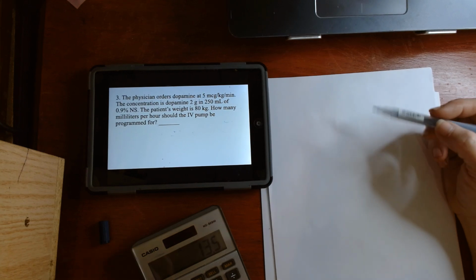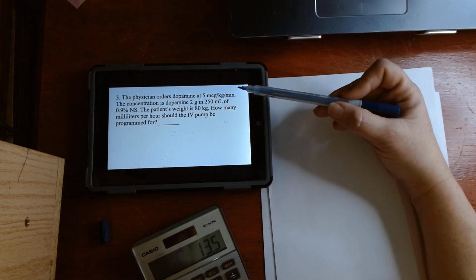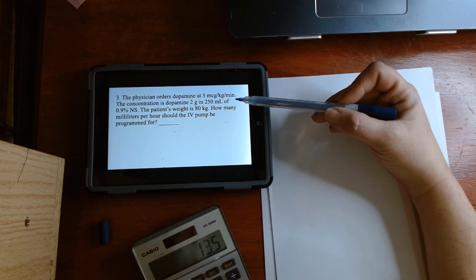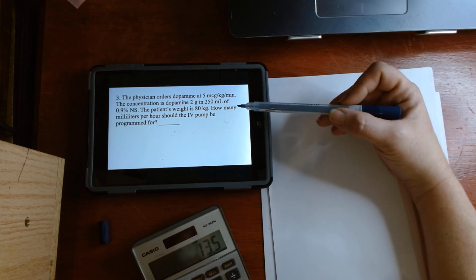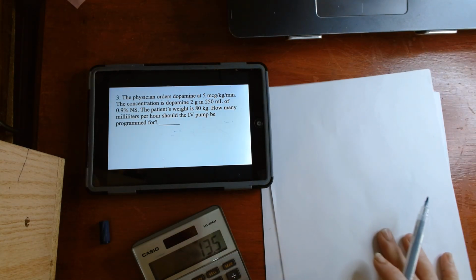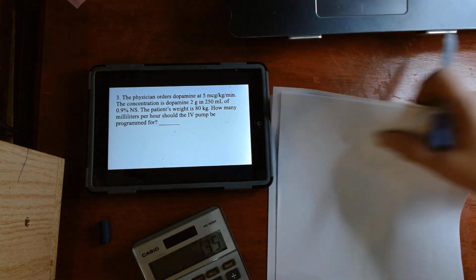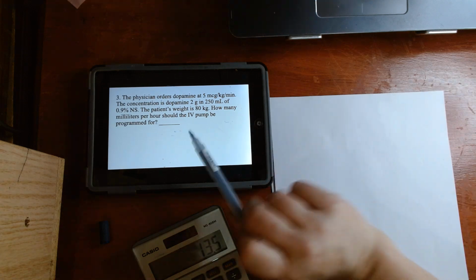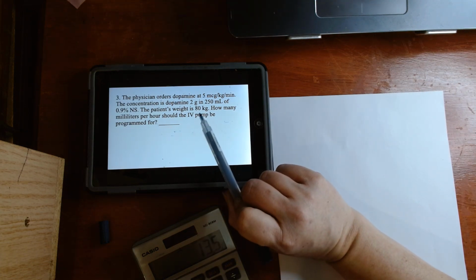The physician orders dopamine 5 micrograms per kilogram per minute. The concentration of dopamine is 2 grams in 250 milliliters of normal saline. The patient weighs 80 kilograms. How many milliliters an hour do you set the pump? That was sweet of them to go ahead and put it in kilograms, but you can't do anything till you find out how many